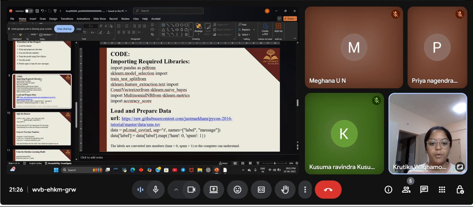Now, load and prepare data. URL: we took this URL as a link. Next, data is equal to pd.read_csv. Data label is equal to data label dot map. Explanation of this portion is data is